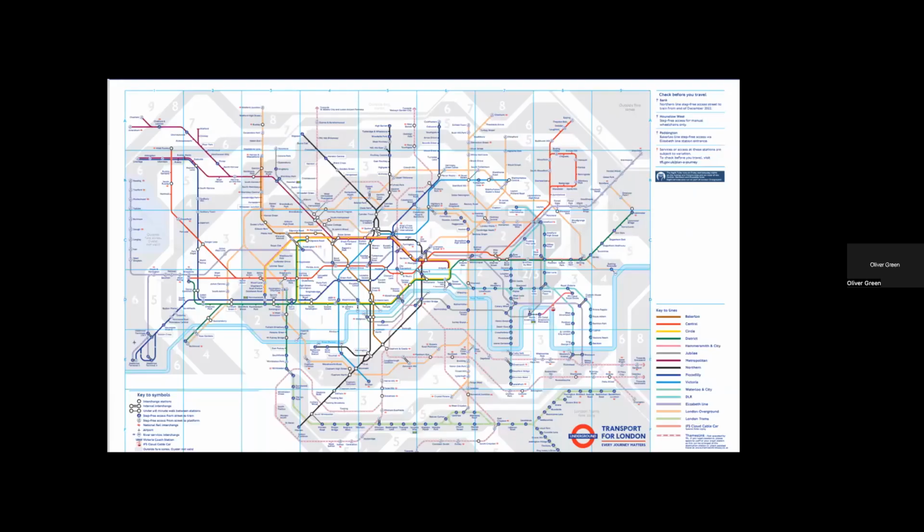If we look at the London Underground now, what I've tried to do is to incorporate every other line, including the Overground and Tramlink and DLR, all on one map. It's still pretty good, I think, but there must be a point where it's impossible to do all of them on one map. And even here, where the new Elizabeth line is, you will see that the Elizabeth line doesn't go straight through London as it does on the map I just showed. It's not a full part of London Underground, but it's still, I think, the most